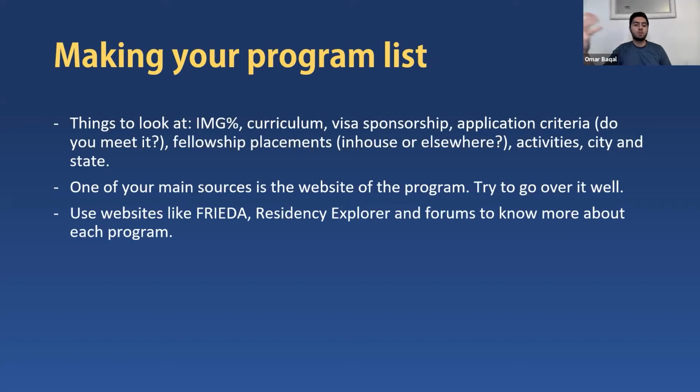Look at the curriculum, look at what visa they sponsor, what application criteria do they have. And what I've noticed is some of them are very strict with the criteria. Some are flexible. If they say 250 plus, maybe they don't necessarily mean exactly 250 plus. They may look at lower scores in the right context. If it's a candidate with other good things in their application with a slightly lower score, it's likely they will still consider that applicant. So I obviously kept that in mind when looking at the criteria,